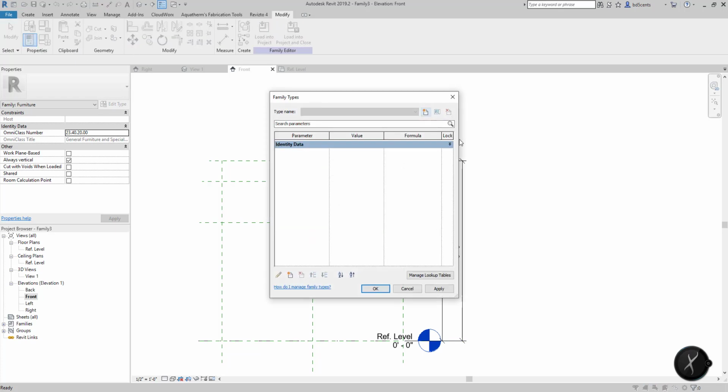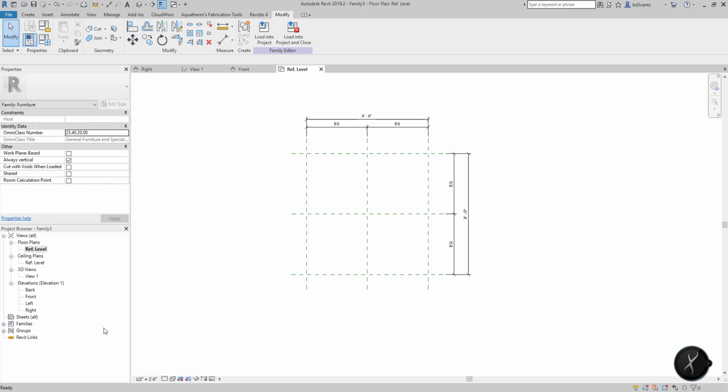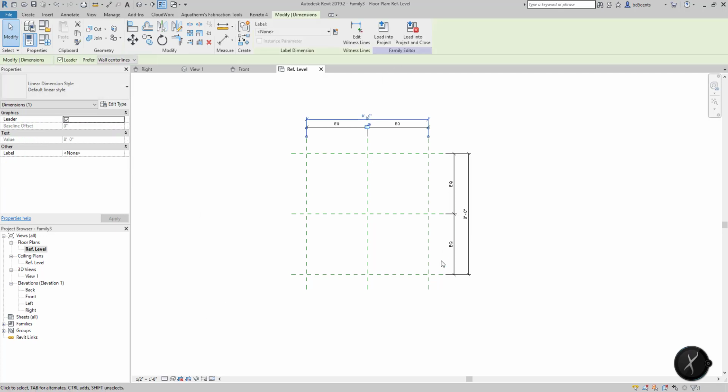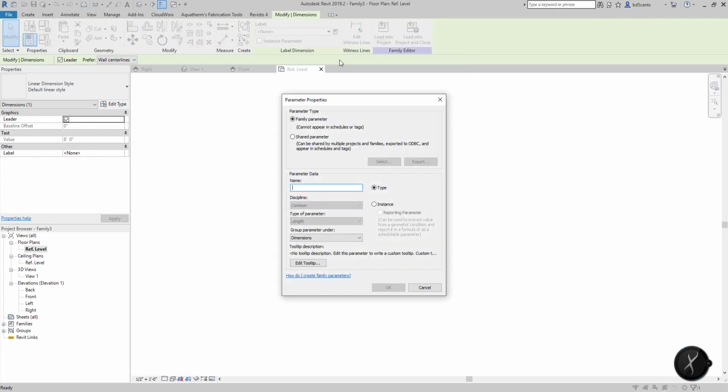Actually, before we hit cancel, I want to show you that there's nothing associated to these values yet. So we'll hit cancel. Now, what we want to do is go to floor plan reference level, which is here, and select the overall length dimension, which is this guy here. What you'll notice is up here there's a label. That label is the ability to add a parameter. So if we create a parameter by selecting this, and we call it length